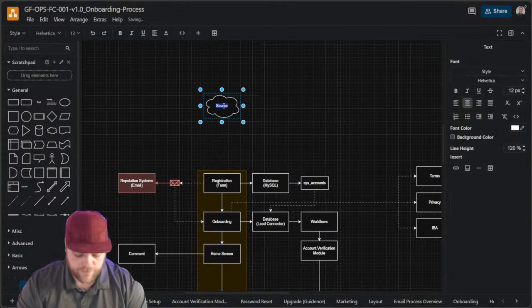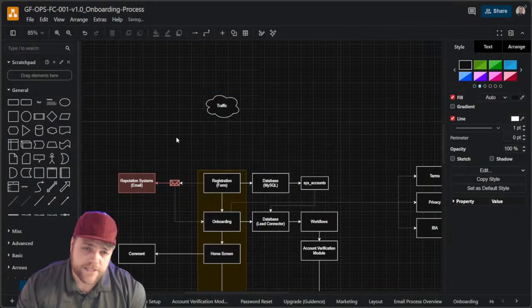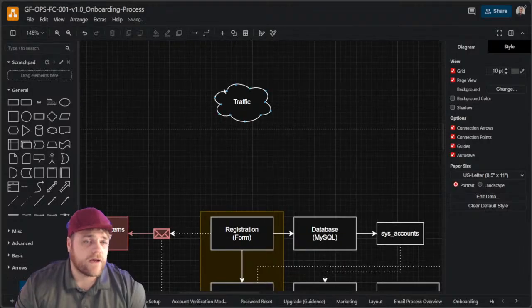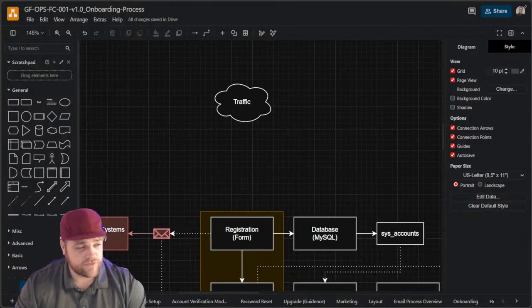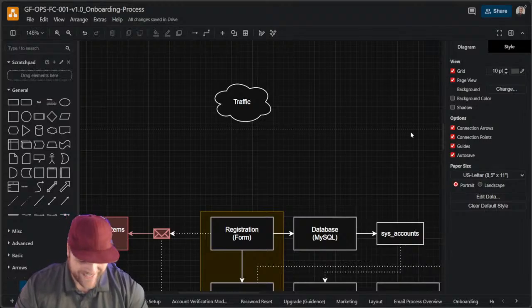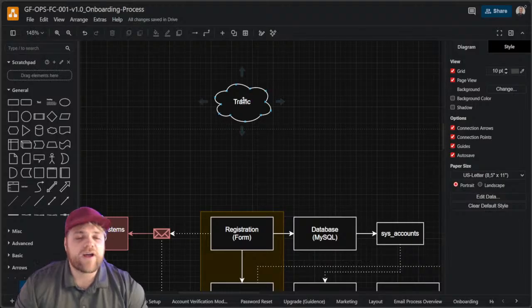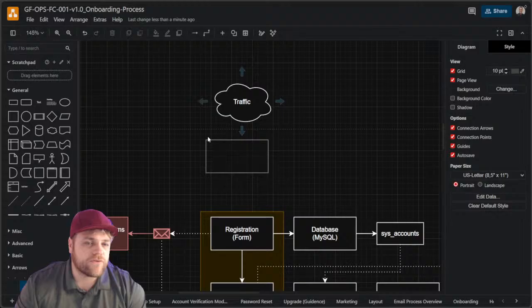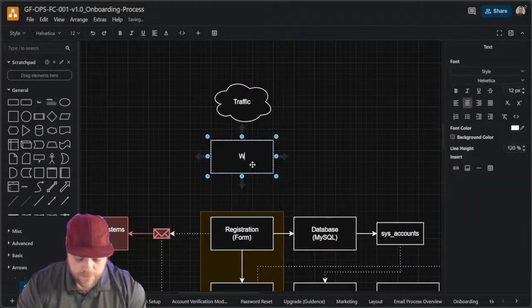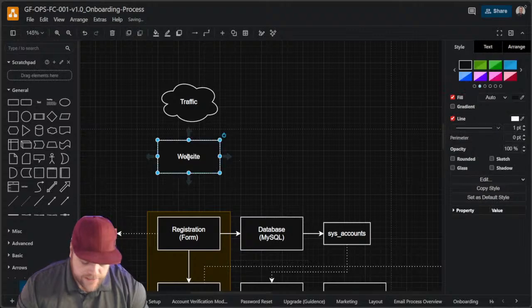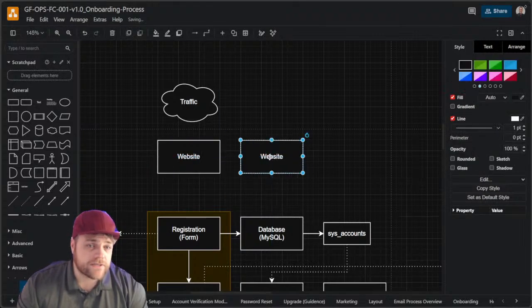First we're going to have traffic. This is how I always start. This is what I teach. When I teach people this, if you're building out the diagram, first you have the diagram tool. How you do it is you just create a free account with GFunnel. Pretty easy. Next thing is you always start with traffic. And that traffic is going to take you to a few different places. Number one is your website. Next are your landing pages.